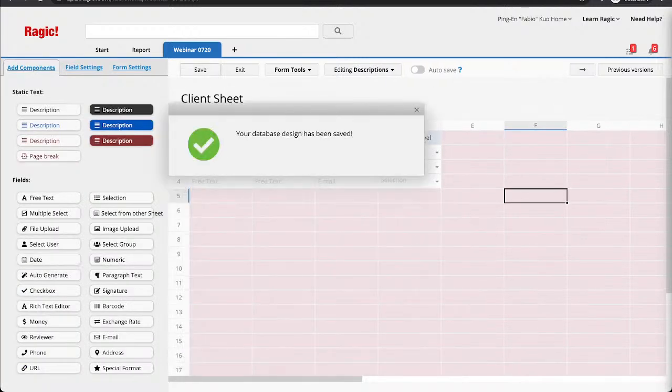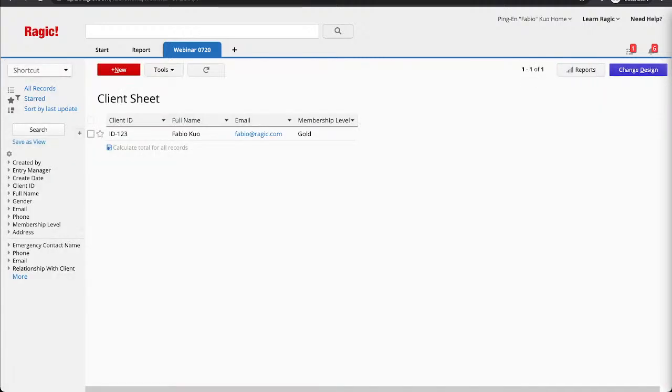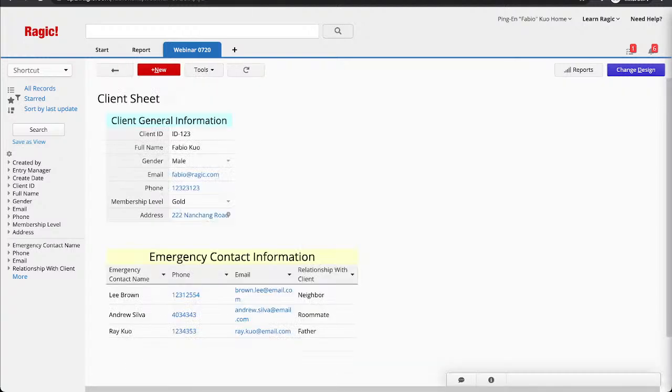Click Save. Now right here I only display 4 fields. However, the form page has not changed. It's still as usual, having all the fields if needed. And that's the listing page.